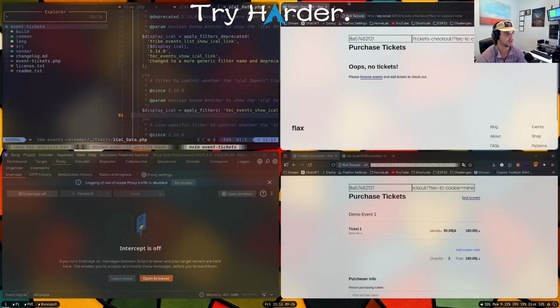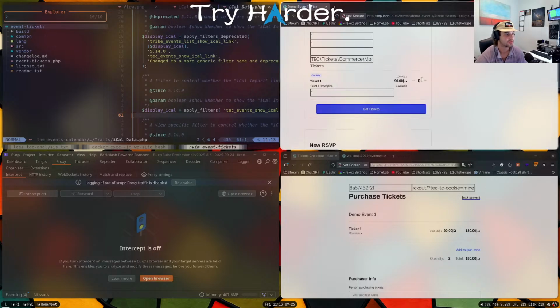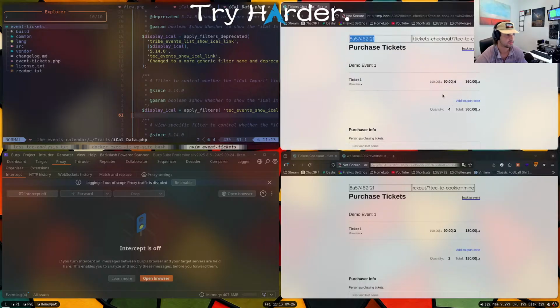Checking out referer header maybe. And it's the same nonce. Okay, so this makes me think that